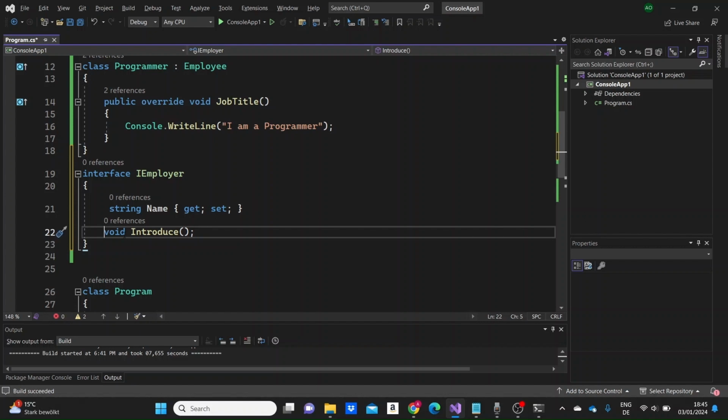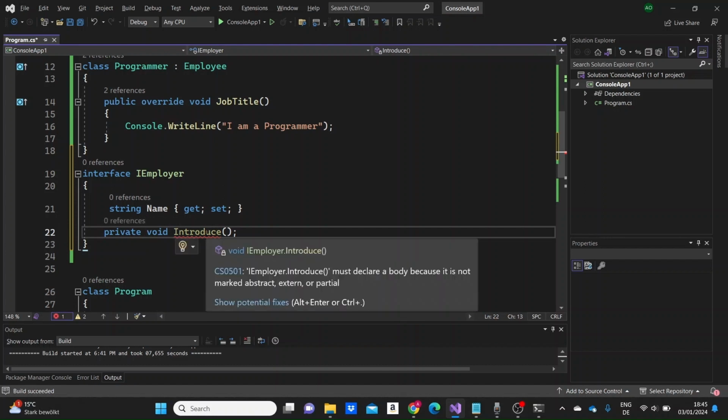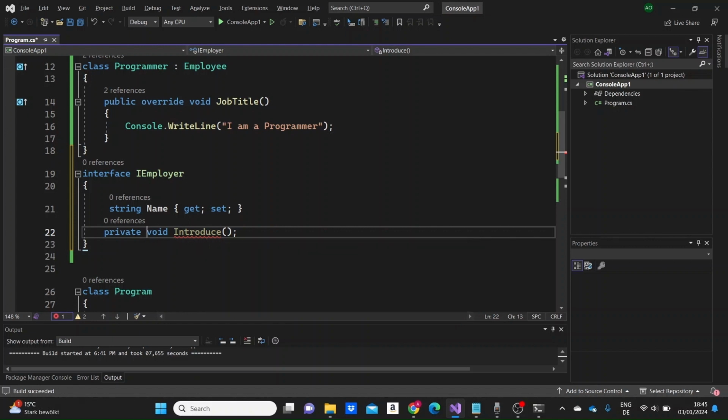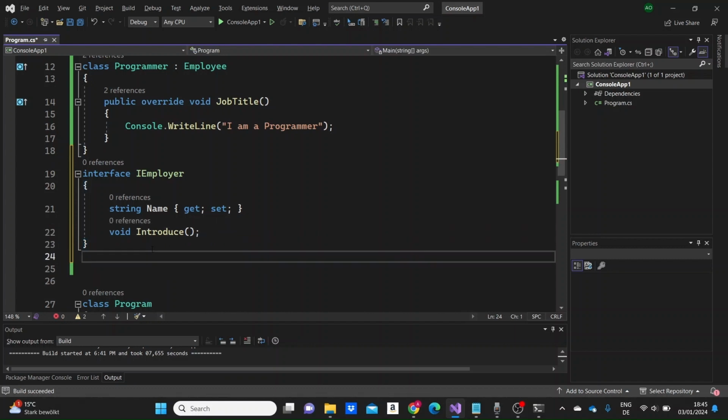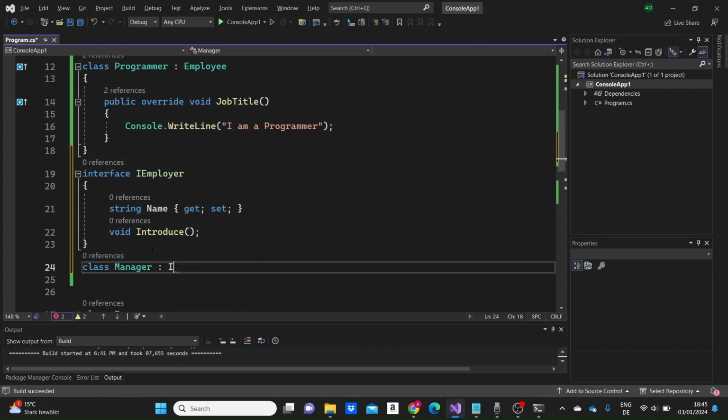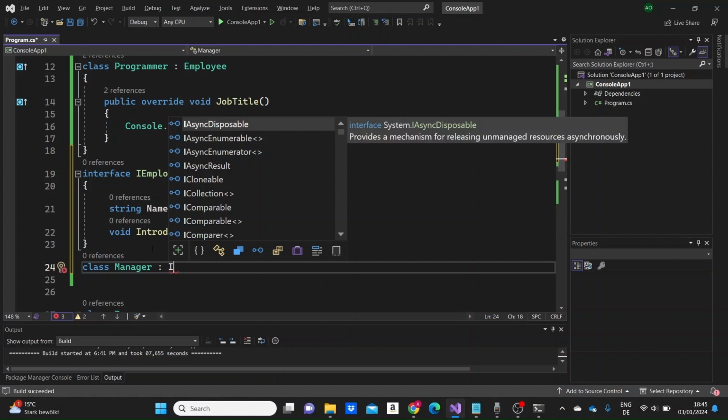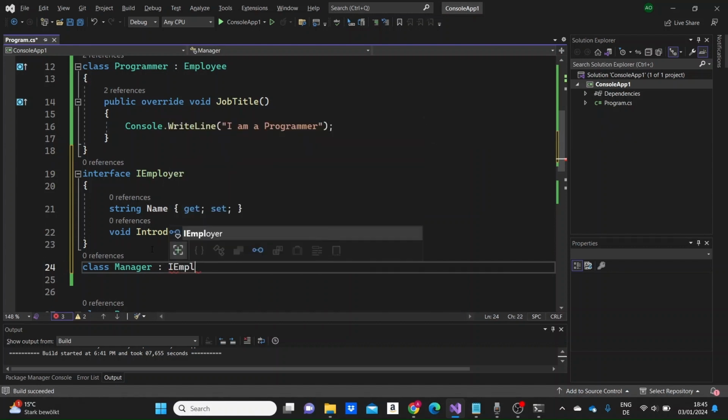If I would want to make it private, let's say, the method, it would give us an error because, as I said, every member of an interface is by default public. So let me just remove this here. And for us to implement, to inherit this interface, let me just create another class, let's say manager, to inherit the interface, I employer,